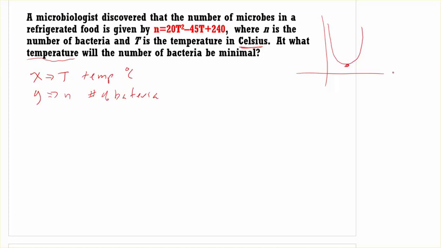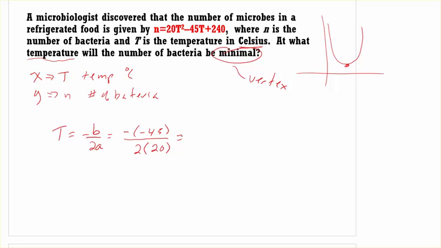So when we're looking at minimal, again, I want you to associate that with vertex. So the t, capital T in this instance, is minus b over 2a. And the b is a negative 45. So you do want to be careful. We have the first negative as part of the formula. The second negative is part of the actual problem. And then 2 times a, which is 20. And if you divide this out,